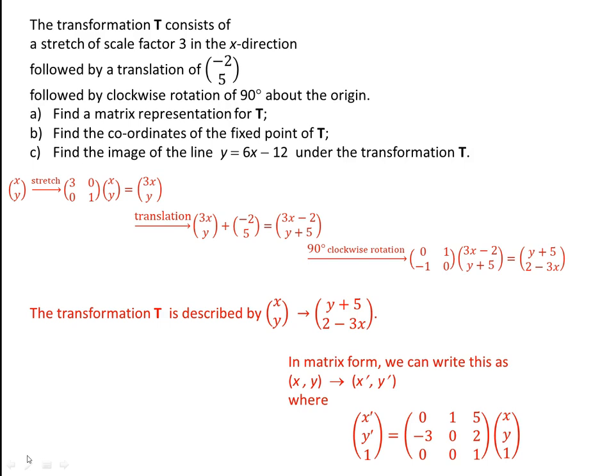So our matrix representation is (x, y) goes to (x', y'), where (x', y', 1) is equal to the matrix with rows (0, 1, 5), (-3, 0, 2),